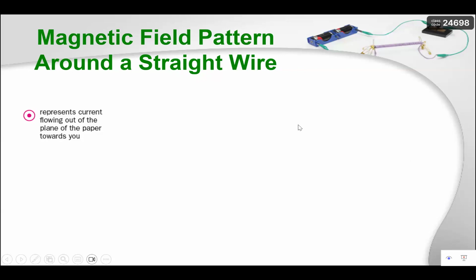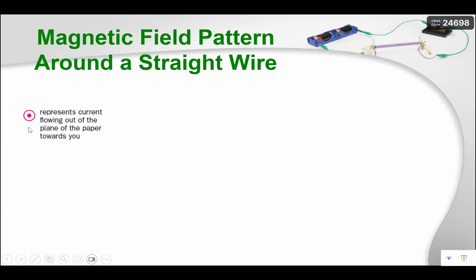It just represents direction. A dot usually represents that the direction is going out of the paper. Why is it a dot? I always think of it as an arrow. If the arrow is shooting out of the paper, what you see is the sharp tip of the arrow pointing towards you, so you see a dot. And if it's a cross, it simply means that you are looking at the backside of the arrow. So the arrow is actually going into the paper, and you see the back side of the arrow, which is a cross.